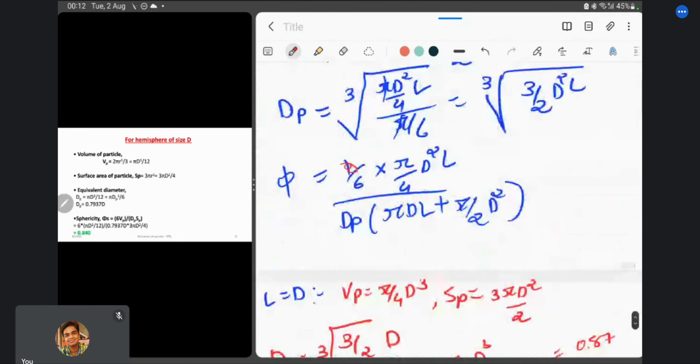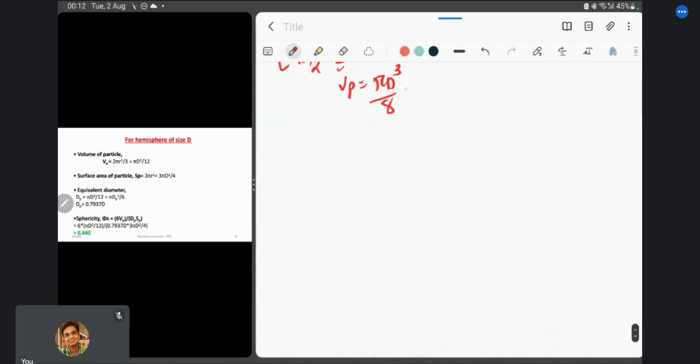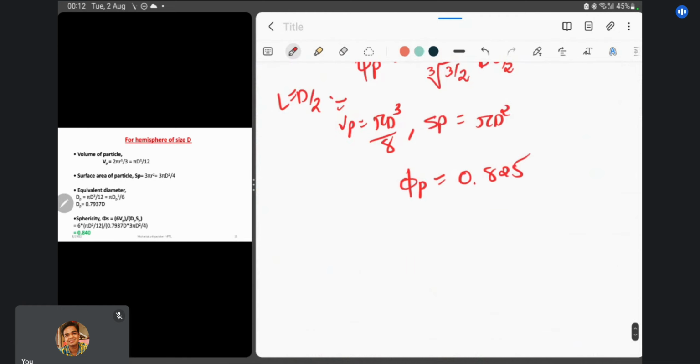Then Sp, as you understand, is pi d by 2, so pi d square by 2 plus pi d square by 2, it's pi d square. So Sp is pi d square, and something like that. At the end, you will get around 0.825. So this is how you will take care of the calculation of this sphericity, and some of the examples are already asked